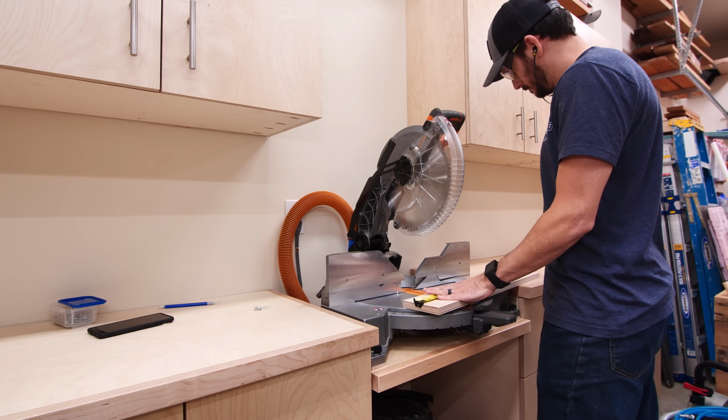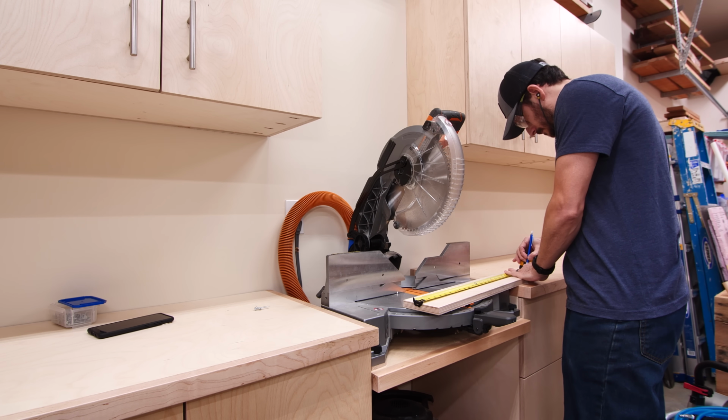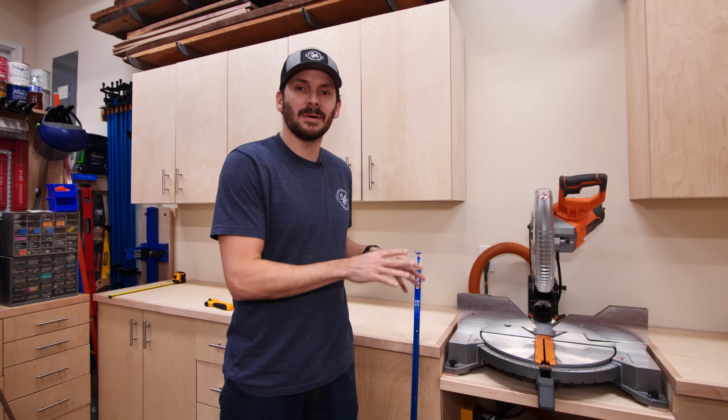Now pulling the shelf forward did leave a gap in the back, so I made my first cut on the new miter saw station to get a filler strip. Oh yeah, I am gonna like this. So for a stop block system for the miter saw stand, I'm gonna be